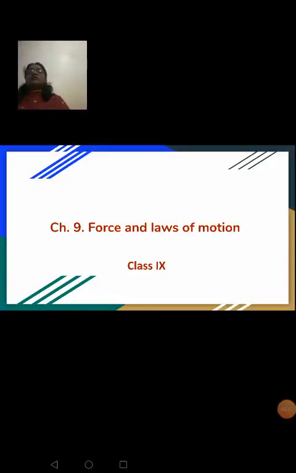Hello everyone. So we are done with this chapter, force and laws of motion. All the theoretical part is over, right? Your first law of motion, second law of motion, third law of motion, and in the last class we had